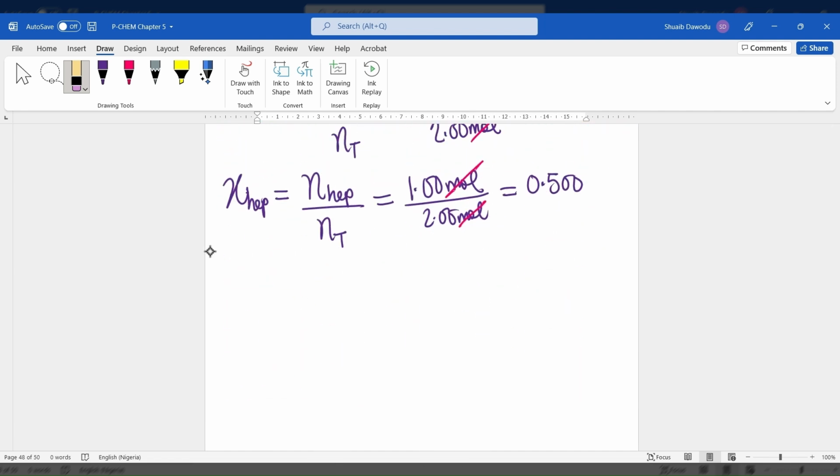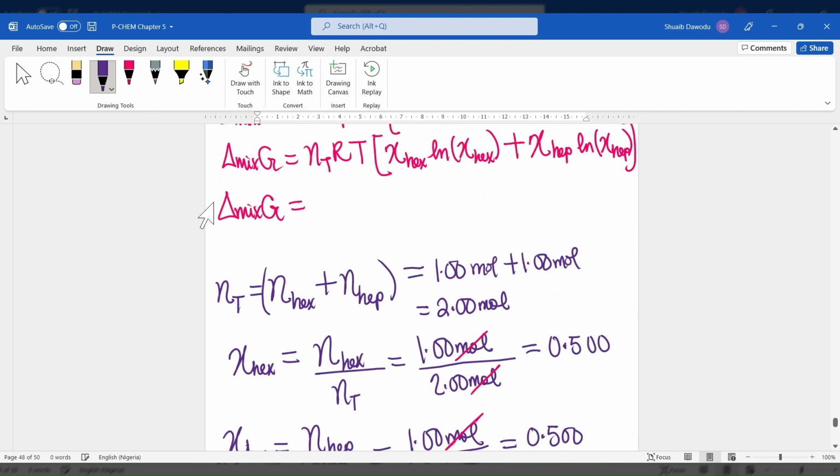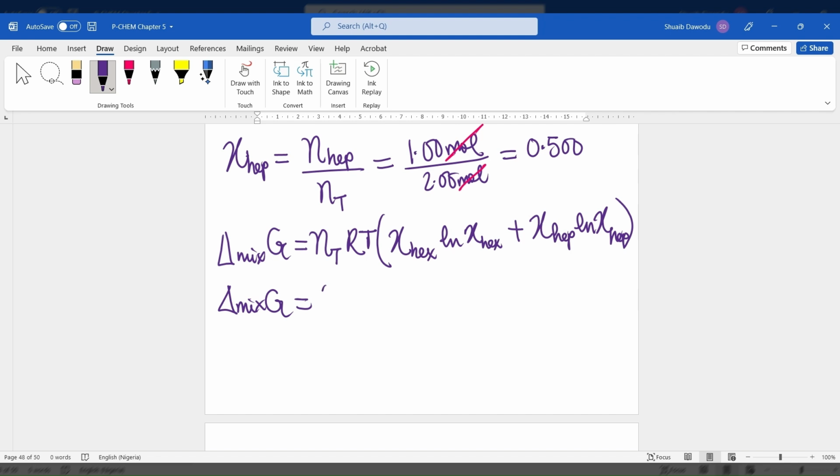Okay. So again, rewriting it. I know we've written it so many times at this point. Rewriting the Gibbs energy of mixing. You have n sub t R T times x sub hex ln x sub hex plus x sub hep ln x sub hep. So you have change in mix of G is just simply, okay, the total number of moles is just 2.00 mole, okay? So you have 2.00 mole